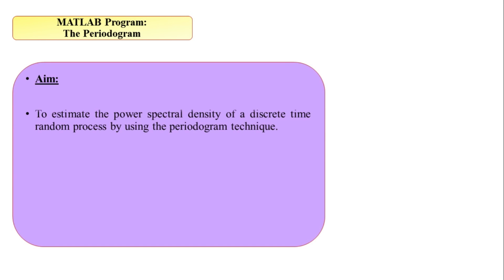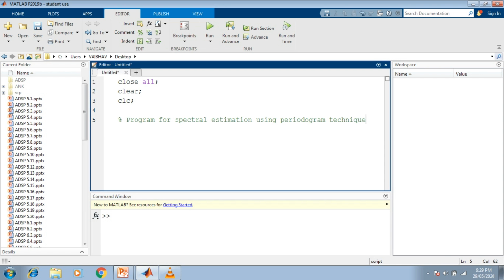The simplest aim here is to estimate the power spectral density of a discrete time random process by using the periodogram technique. For the demonstration of the periodogram technique, we first of all require a random process. Now, the generation of the random process we have not demonstrated in the previous chapter, as with the MATLAB